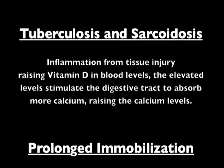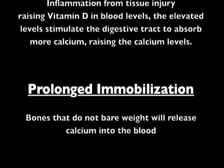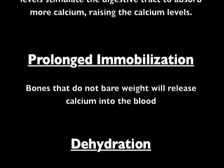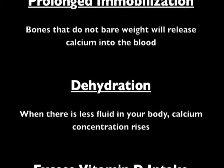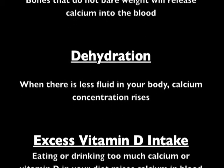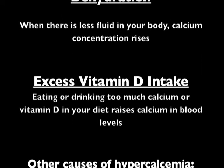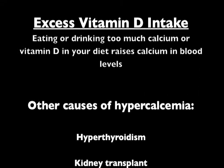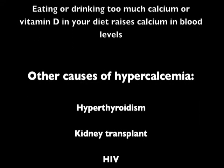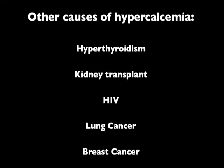Tuberculosis and sarcoidosis. Inflammation from tissue injury raises vitamin D levels in the blood. The elevated levels stimulate the digestive tract to absorb more calcium, raising the calcium levels. Prolonged immobilization. Bones that do not bear weight will release calcium into the blood. Dehydration. When there is less fluid in your body, calcium concentration rises. Excess vitamin D intake. Eating or drinking too much calcium or vitamin D in your diet raises calcium in blood levels. Other causes of hypercalcemia may include